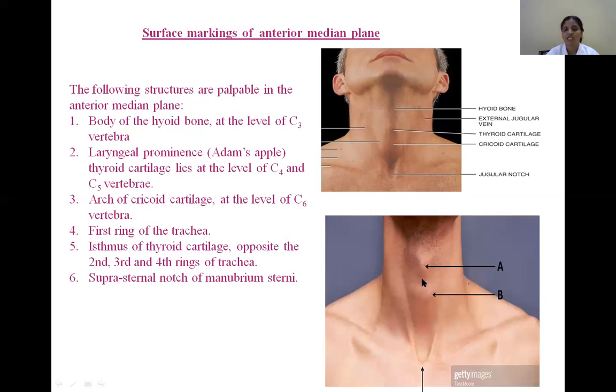And on either side of the conus elasticus, there is one more prominence. It is formed by a muscle. That is the cricothyroid muscle. You can even palpate that muscle on either side of this. So what is that muscle? It is the cricothyroid muscle. Okay, and immediately beyond this cricoid cartilage, what is the depression here? It indicates the first tracheal ring. Okay, so the first ring of the trachea, and beyond that the isthmus of the thyroid. Why? Because opposite are the second, third and fourth tracheal rings, where we can identify the isthmus of the thyroid gland, right? And beyond that, you see this is the suprasternal notch of the manubrium sterni. Clear?